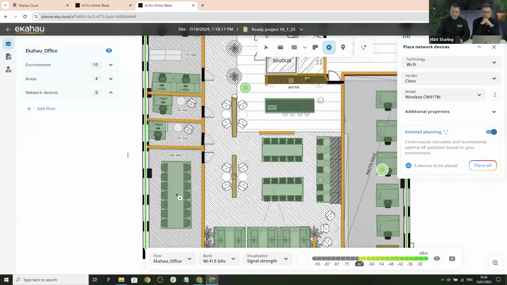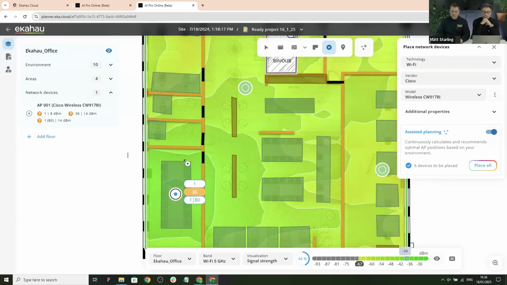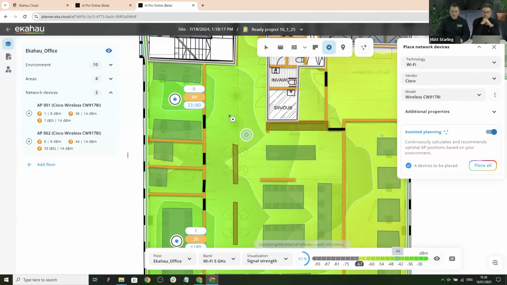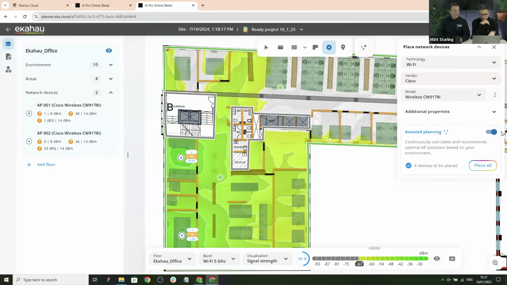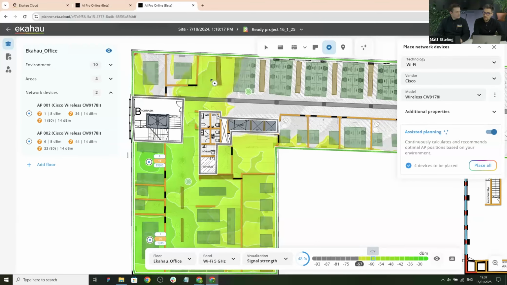For example, I know there is a place for an AP in this conference room and also in this one, so I can put my access points there, and Assisted Planner recalculates the proposals based on my manual placements. Oh, that's interesting, Vlad. I noticed the locations were updating, and correct me if I'm wrong, but the Assisted Planner looks at the specific radiation pattern from each access point model in Ekahau AI Pro Online, so it may give different recommendations if you use Cisco, or someone was asking about Extreme or Aruba. Is that right? Yes, it accounts for all the properties of an access point, including antenna patterns.